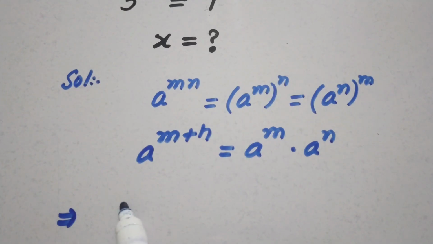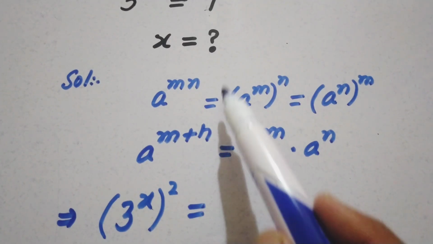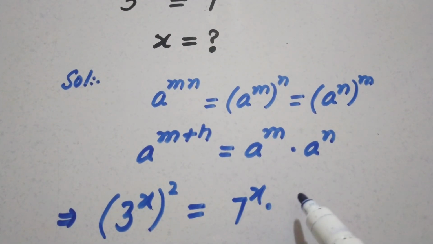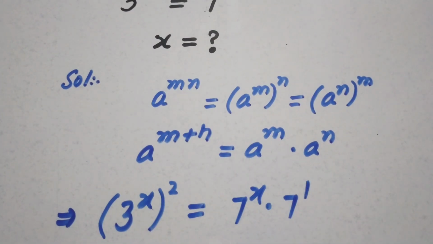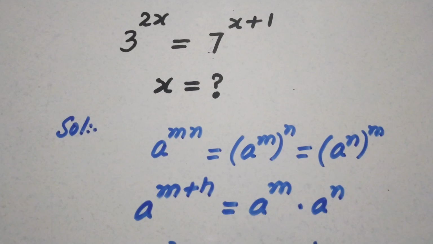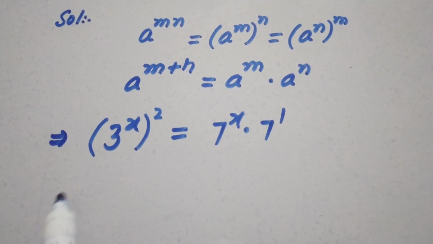3 power 2x, we can write this as 3 power x whole squared. This is equal to 7 power x multiplied by 7 power 1, by using this property at the right hand side. This will become 7 power x multiplied by 7. So now